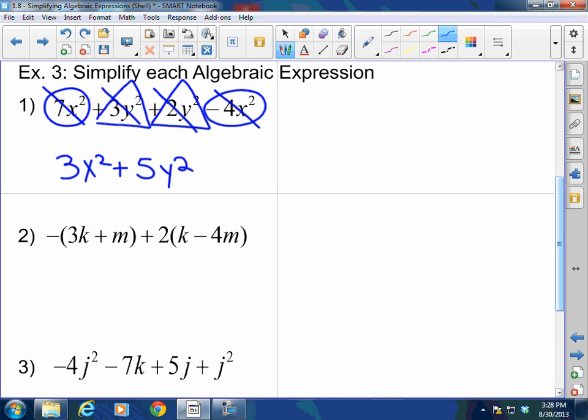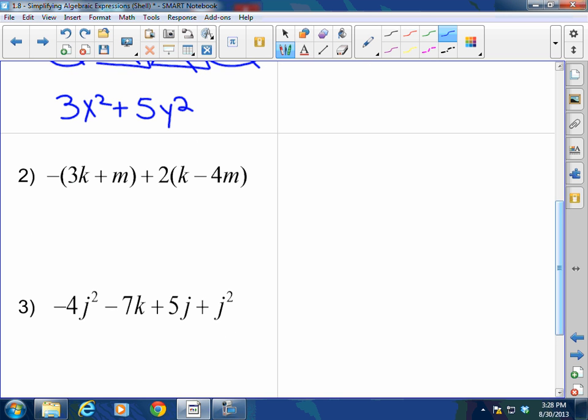Okay, number 2. Check it out. You got this negative here. Remember that that negative has to be distributed. We're going to use the distributive property always first before we simplify an expression. In fact, when we're solving equations, you also have to perform the distributive property first before you solve the equation. So I've got this negative 1. I'm going to distribute it to everything. So I've got negative 3k minus m plus 2k